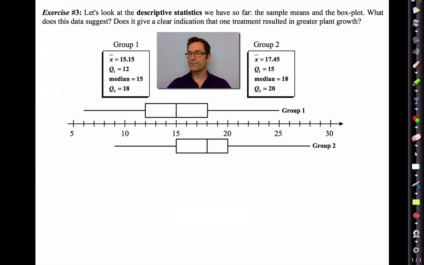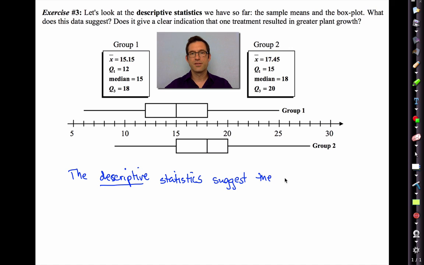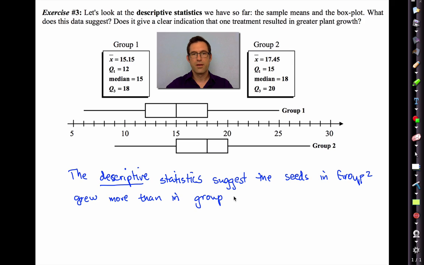All right. Well, the descriptive statistics suggest the seeds in group 2, which was the synthetic, group 2 grew more than in group 1. Should have capitalized that. In group 1. But does it give a clear indication? It does not, in my opinion,